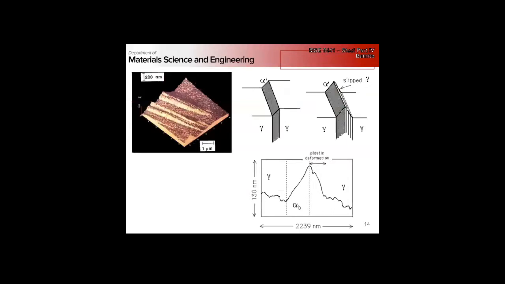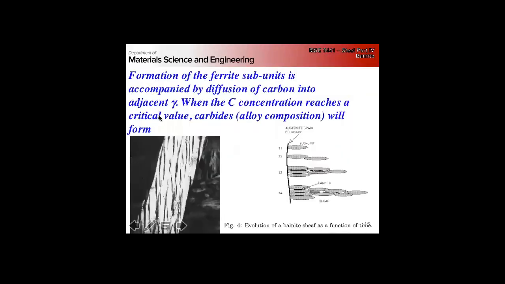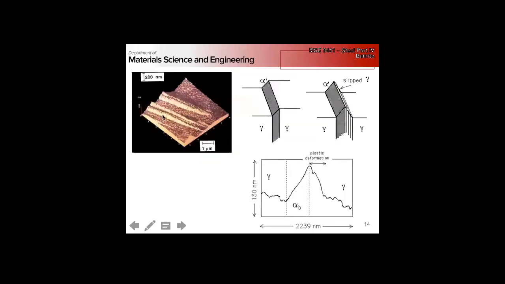So because this has a shear associated with it, this is some atomic force microscopy, right? We can see the surface relief that happens, right? So it's not insignificant. So we get the shear, gives us a step on the surface. And unlike Widmanstätten, where we had two variants that had opposite shear growing next to each other to limit the strain, here